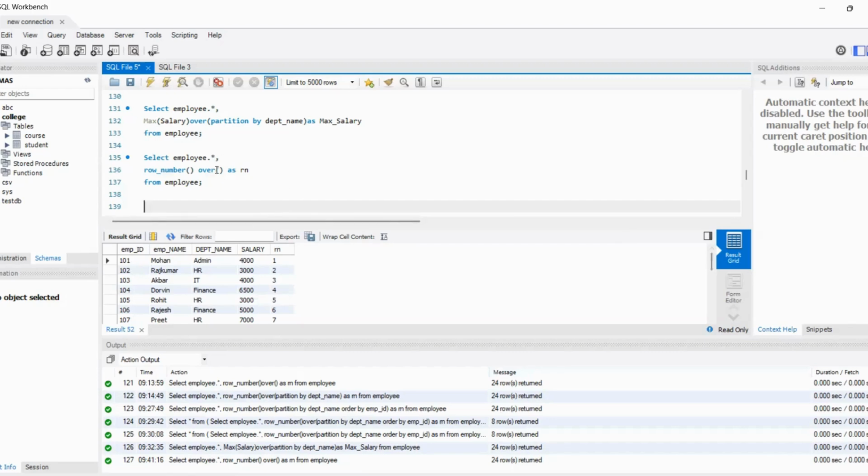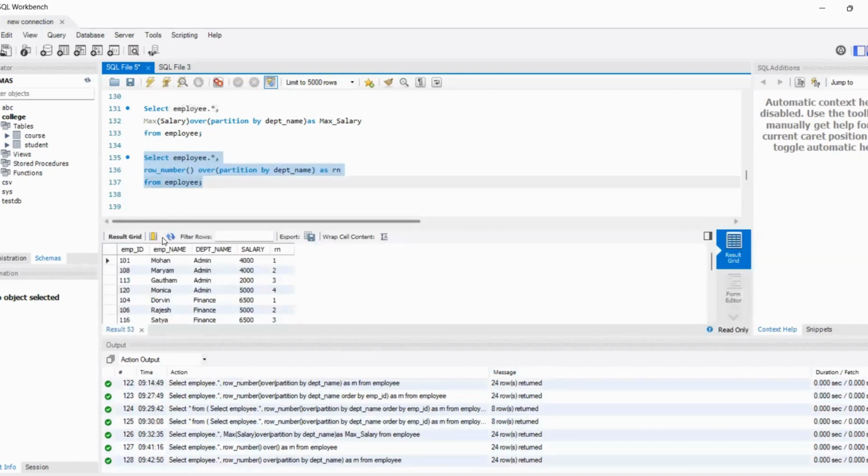If we write OVER with PARTITION BY department name and execute, we see